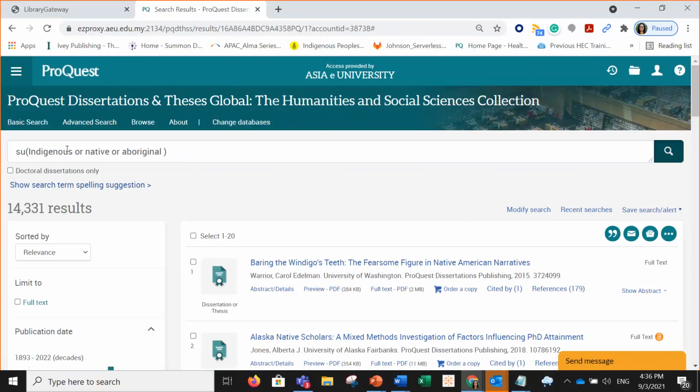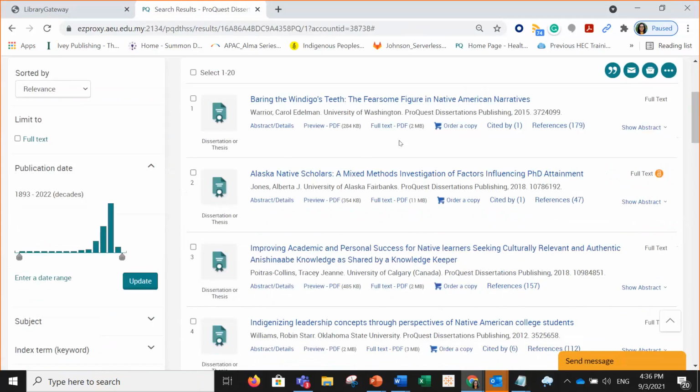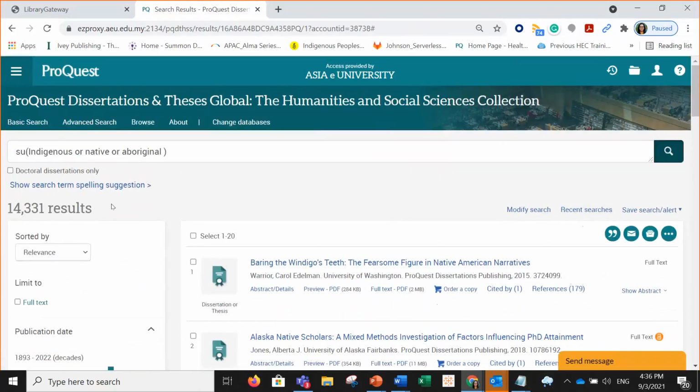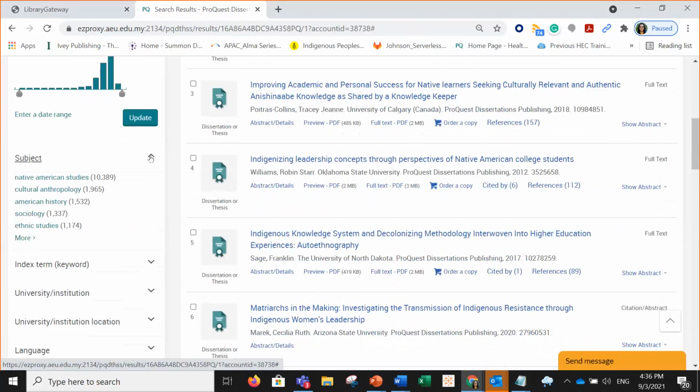You are looking at all these three options, either any one of them or both. It's okay as long as it gives you the results you have here. Quite a huge number of results. So if you want to be more specific, you can go into the subjects and say, within my main topic of indigenous or native or aboriginal research topics,